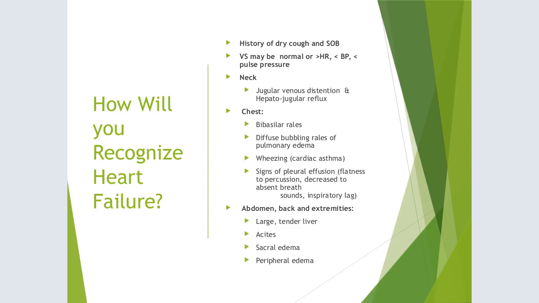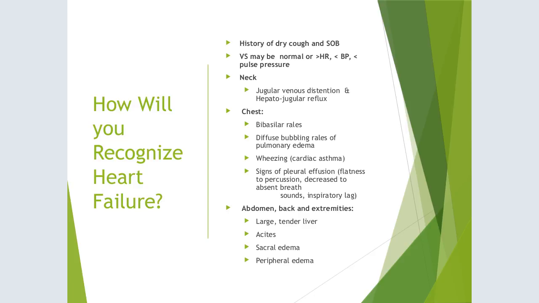How do you know when it's heart failure? Okay. Dry cough and shortness of breath. They may have some frothy pink sputum. They may not, but usually a dry cough, shortness of breath on exertion, that lower extremity edema. The blood pressure may be normal. They may have a little bit higher heart rate. You have that JVD, that jugular venous distension when they lie flat or at a 30 to 45 degree angle. You can have that distension. And when you palpate that liver, you have that hepatojugular reflux noted up there.